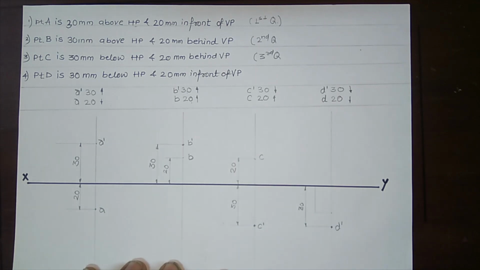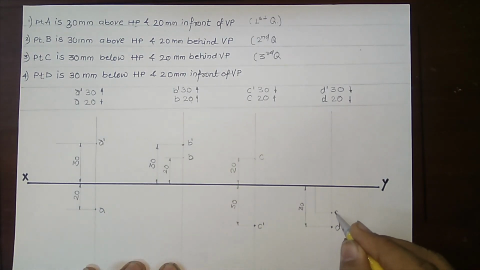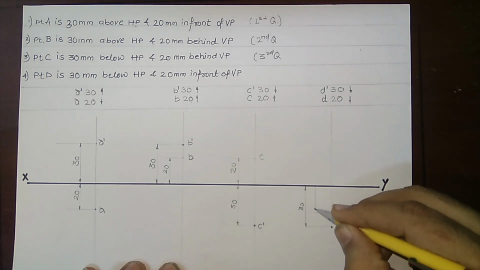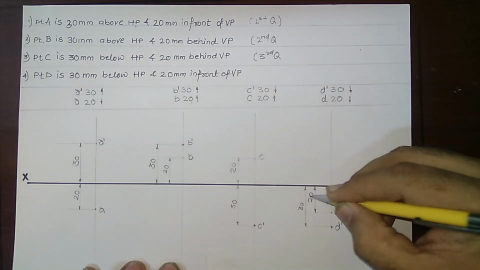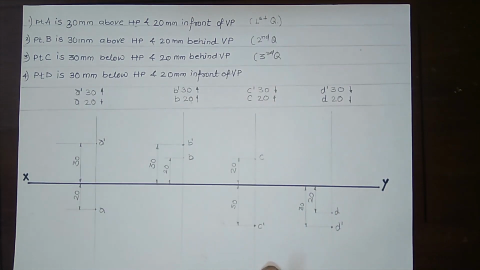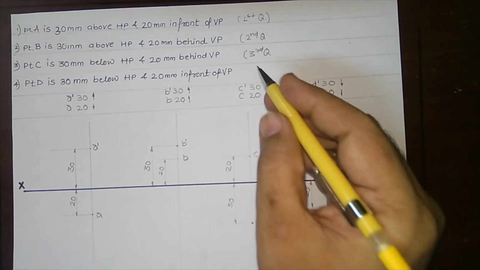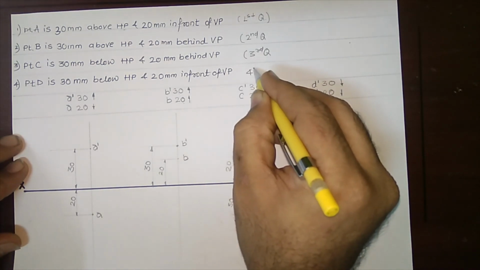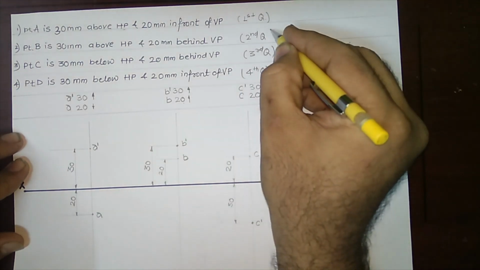Okay, and the second, that is D, that is the top view of the point. I will note it down as top view, and I will mention that this distance is 20. So what we have done in this particular sheet, we have plotted the points in the four quadrants. So this is the fourth quadrant, correct? This is the fourth quadrant, third quadrant, second quadrant.